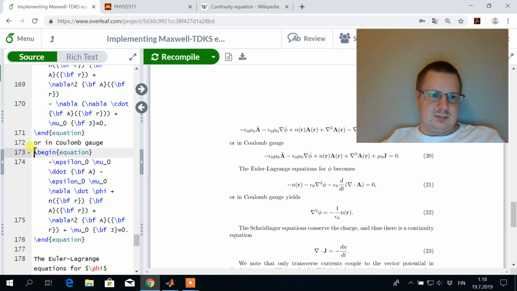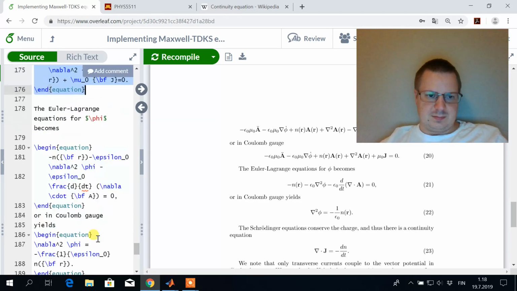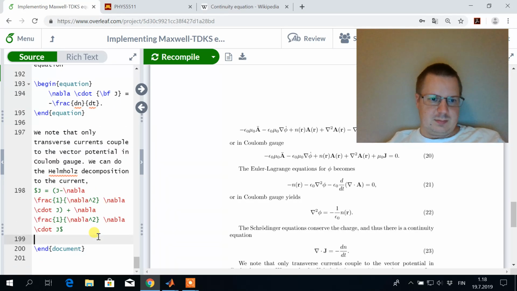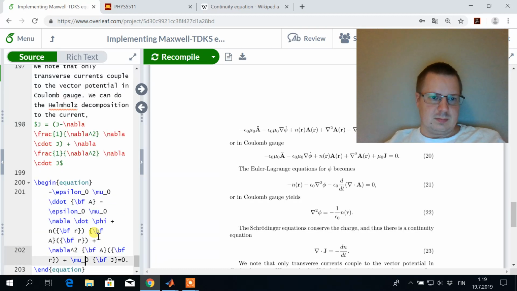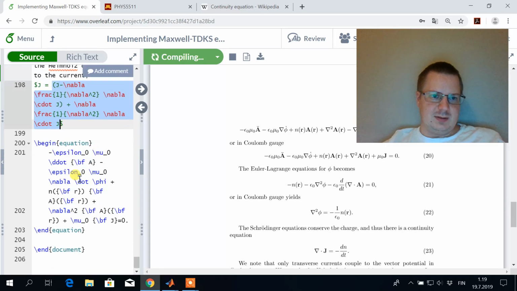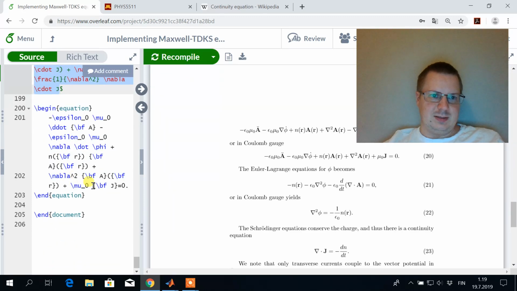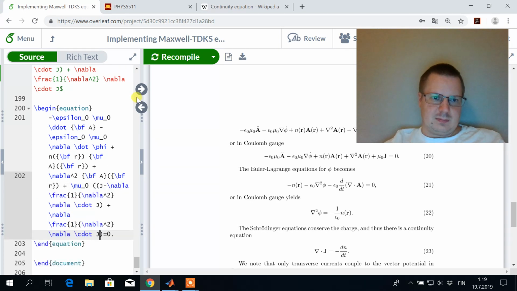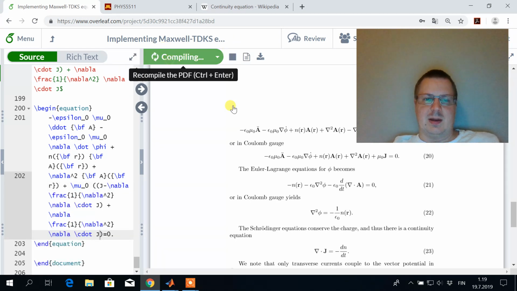So we take this equation and then we substitute the J with complete identity. So nothing happened yet,